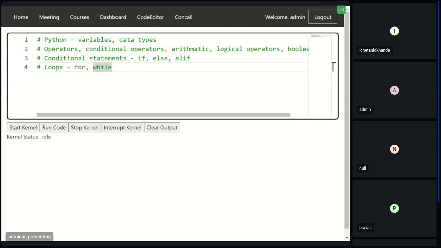So for is for data and all, and while is for event-based activities where you identify an event, and based on the completion of that event, till that event is full, you keep on executing. The moment that event is false, you exit from the loop. Okay, we also learned about,